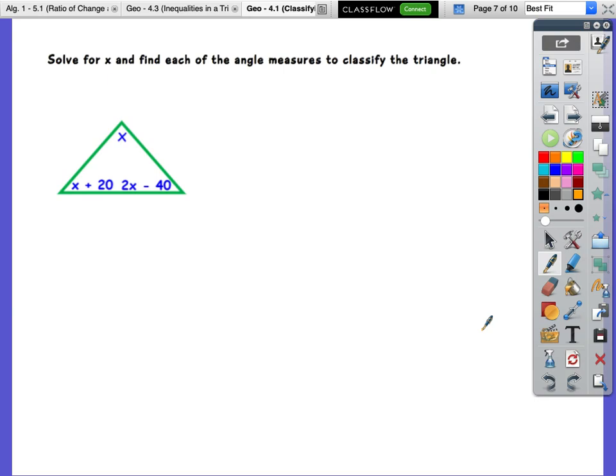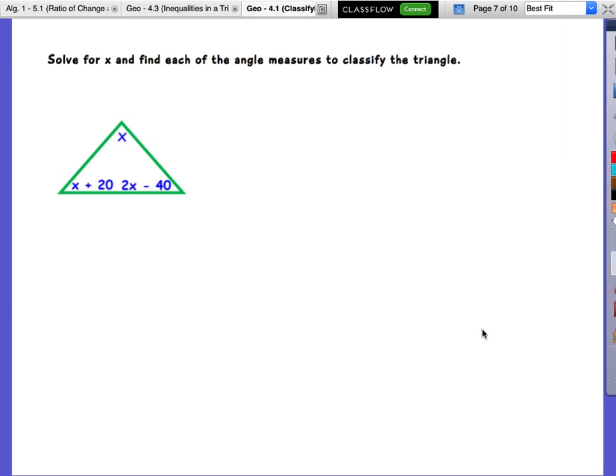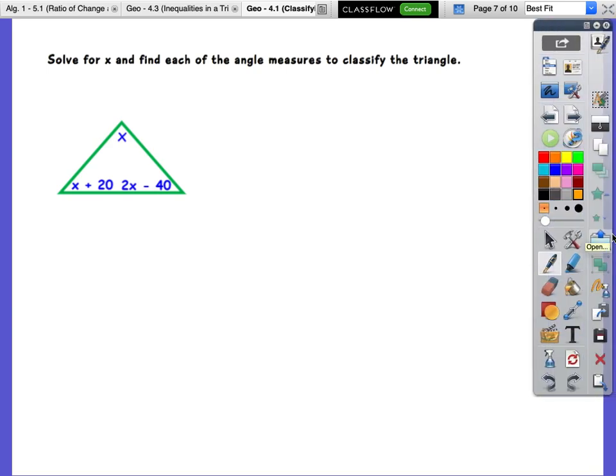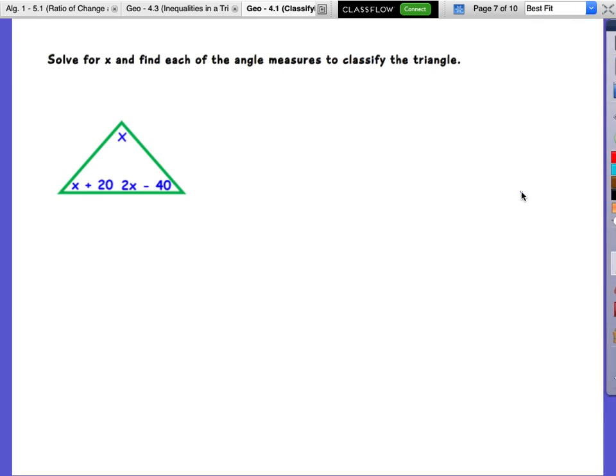Okay, so at the bottom of this page, we can solve for x and find each of the angle measures, so that way we can classify this triangle. Okay, so what do you say the equation is going to equal? I guess 180. Okay, why'd you guess 180? It looks like it should equal 180. Max, what do you think? Because triangles always equal 180. The sum of the angles of a triangle always adds up to 180, okay? So we're going to add things up equal to 180. Who can tell me what we'll add to 180? Kylie.